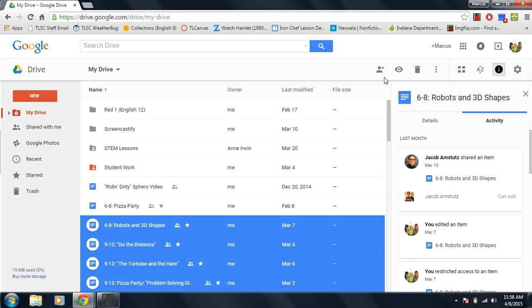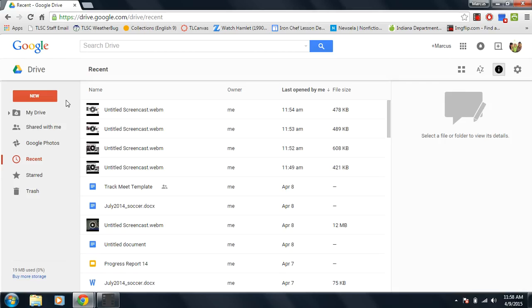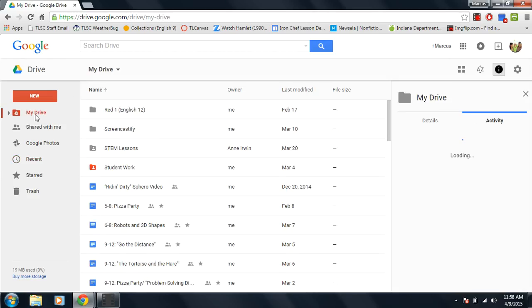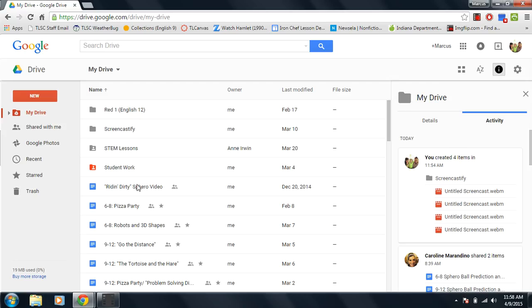So this is storage, and there are a number of things over here that you can do. I just misclicked. So we'll go back to Drive. It looks just like anything else. If you double click one of these files, you open it up. It's internet based. And the great thing about Google is that since it's internet based, wherever you have internet, you have access to your documents. And you can also do all sorts of great things with sharing and cooperative work, either with co-workers, co-teachers, but students can also work with groups. So they no longer have the excuse of not being able to communicate with each other to do group work